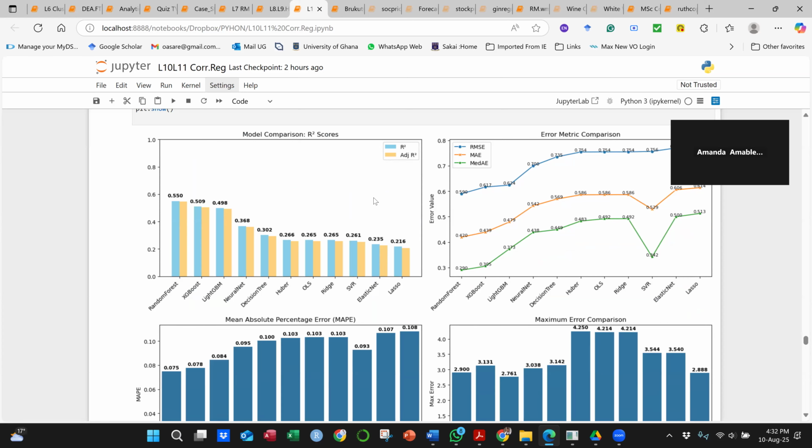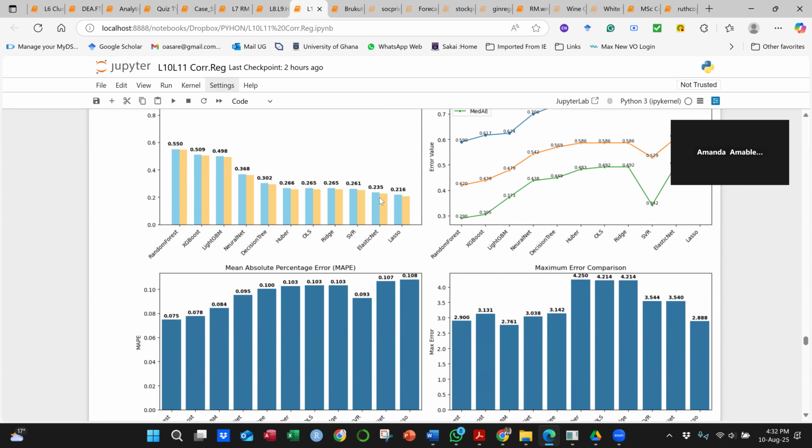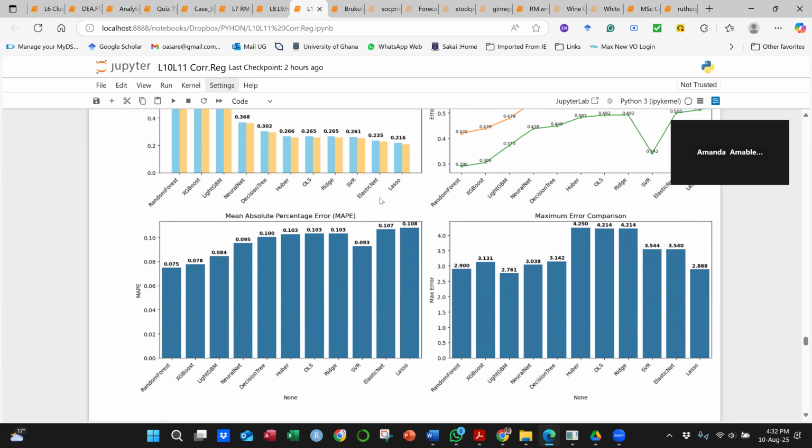Is it the one showing? Yes, the one down. You said that for the maximum error comparison, the random forest is the one leading, but... No, I didn't say the one leading. I said for most of them, the random forest is the one leading. For that one, you can see the LightGBM is leading. Okay, you circled that one, so that's why.